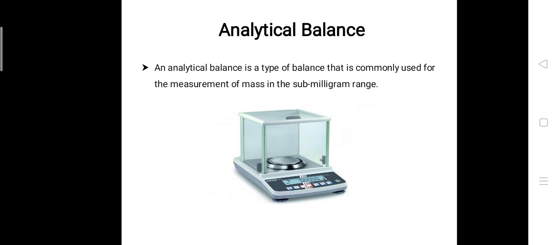This analytical balance is a type of balance that is commonly used for the measurement of mass in the sub-milligram range. As you can see here in the given image, this analytical balance is made up of a measuring pan, and it is enclosed with a transparent cover. So this transparent cover prevents the small particles or air currents from getting collected on the pan, and this electrical